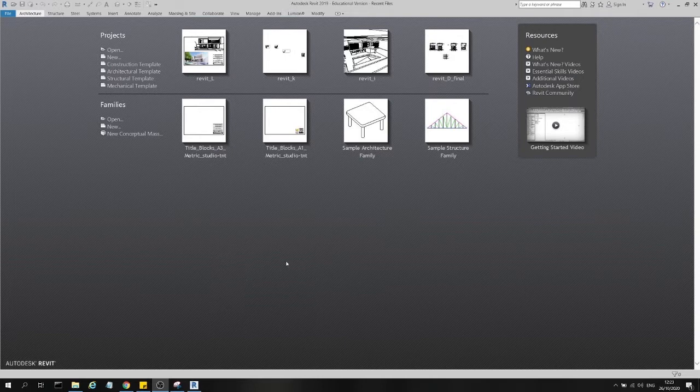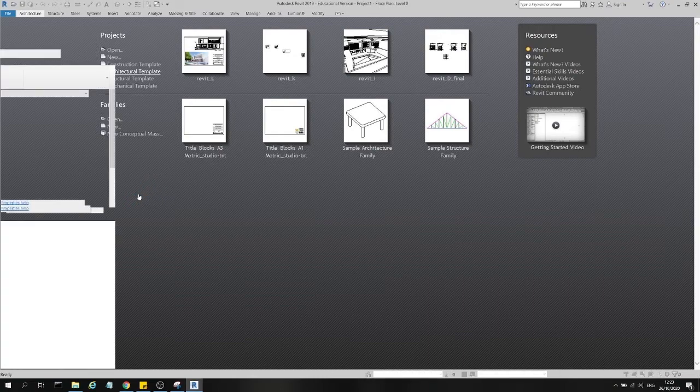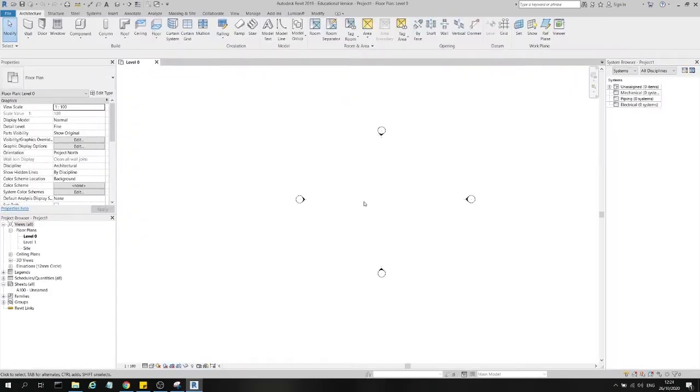So what we'll do now, to understand the user interface, is open a sample project and navigate through it to see how the basic interface works in Autodesk. Once you have this window open, you go on Architectural Template and click on that. Just wait for it to load, and as you can see here, this is the typical empty template you'll get when working with